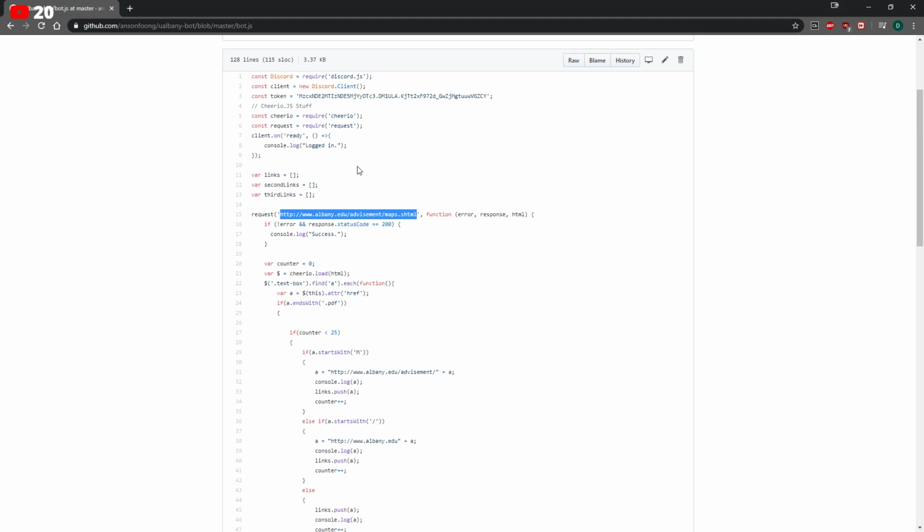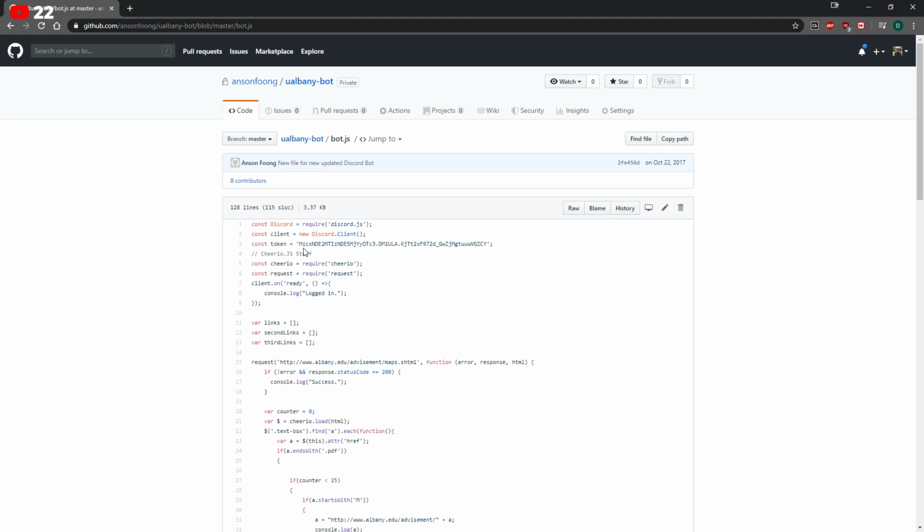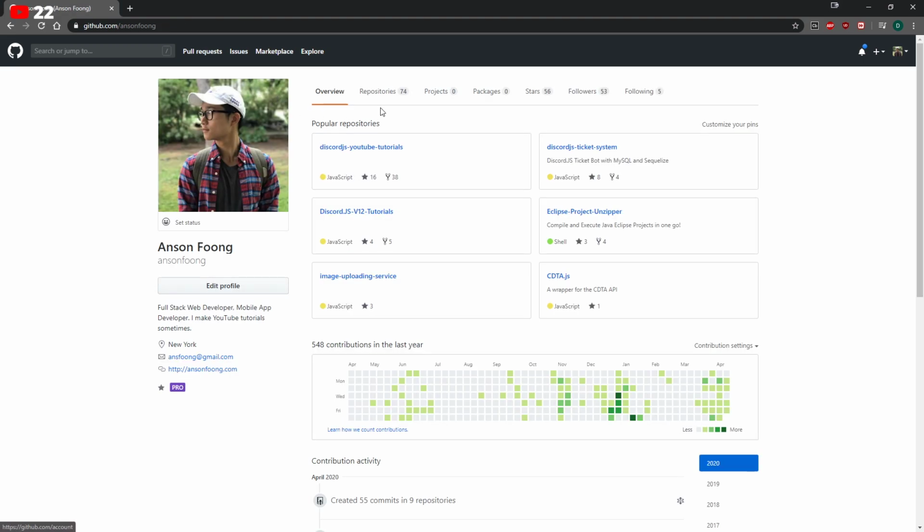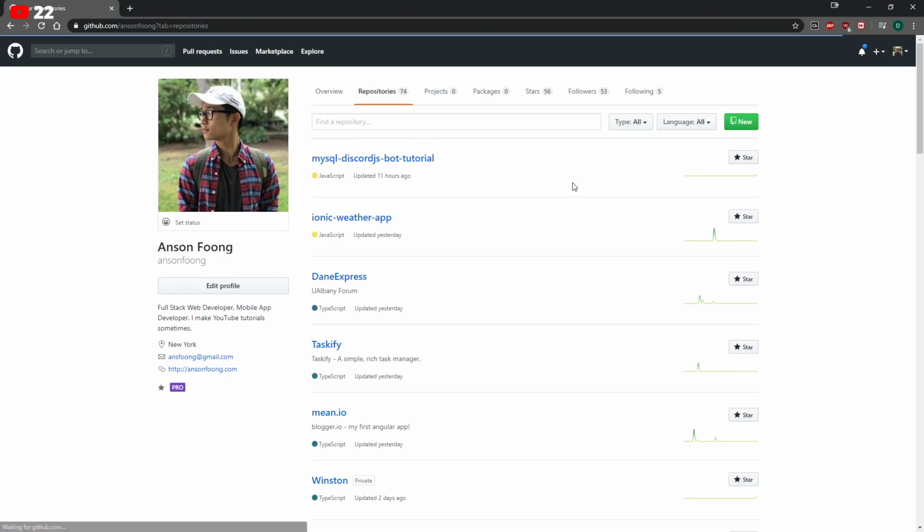How do you put your code onto GitHub? Oh, so first you have to install Git. And then you can do a couple of things. If you already have an existing project, you create a GitHub repository, you copy the remote URL, and then you set the remote URL on your Git repository on your local machine. You can probably just watch a video and learn how to do that real quick.